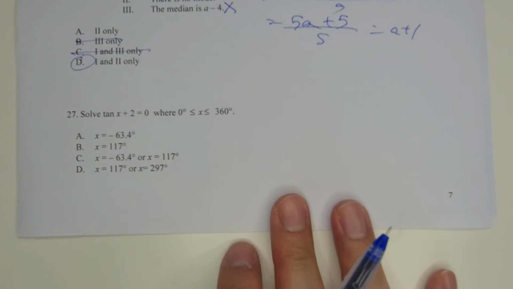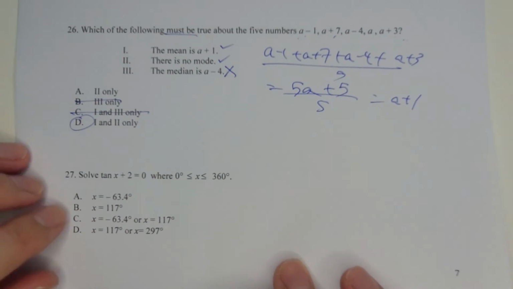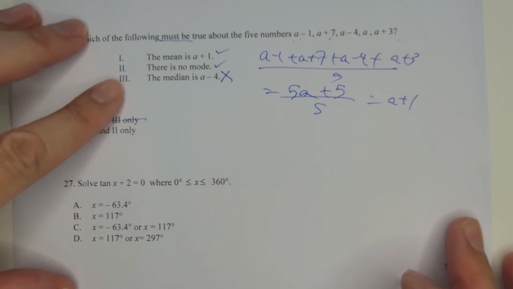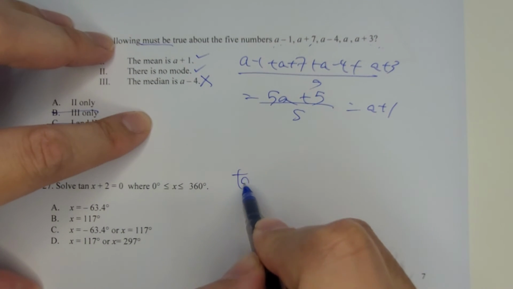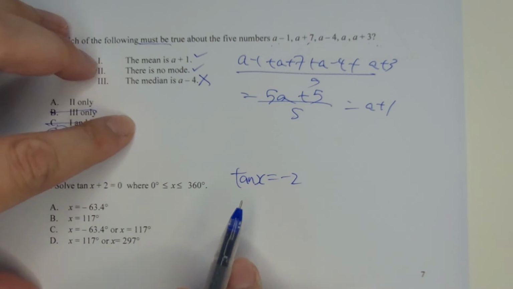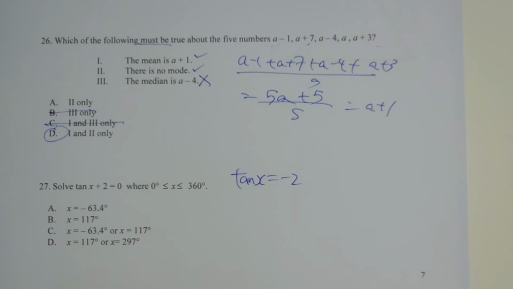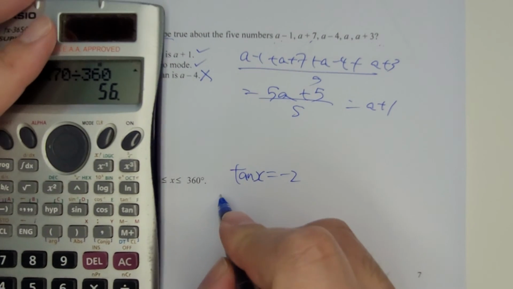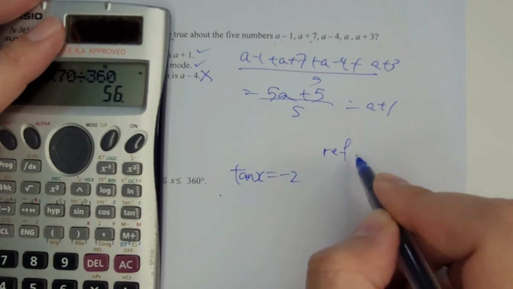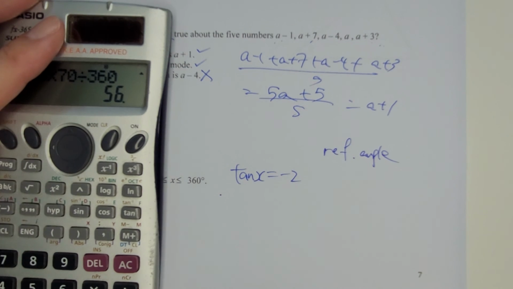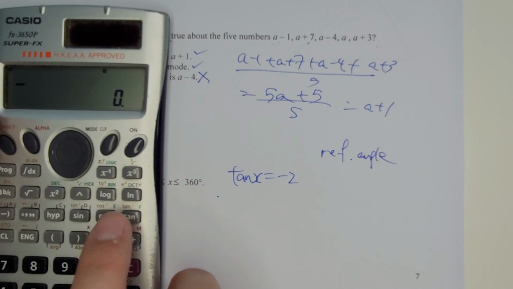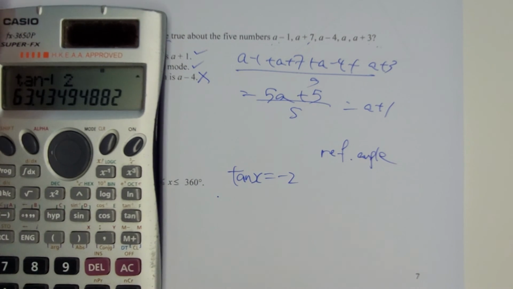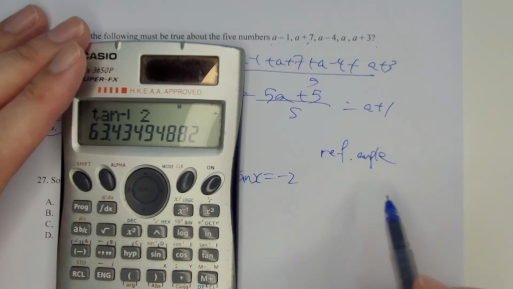And question number 27, you need to solve the equation tangent x plus 2 equals 0. So make it this way. Make tangent x the subject. Tangent x equals negative 2. Now you need to find the reference angle. The reference angle will be shift tangent 2. Do not need to enter the negative number. Okay, that is 63 point something,